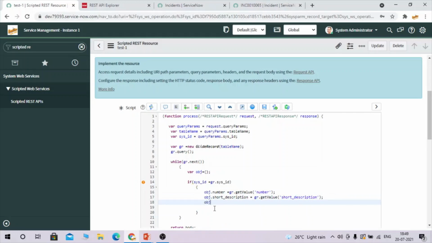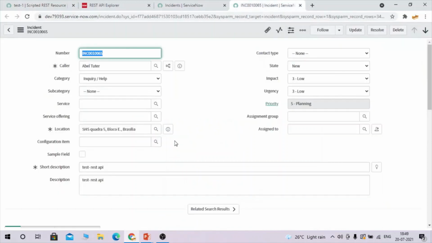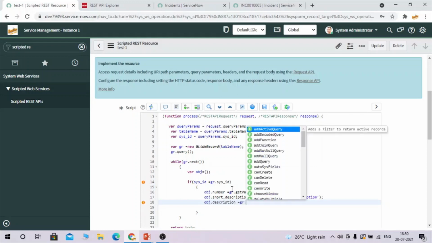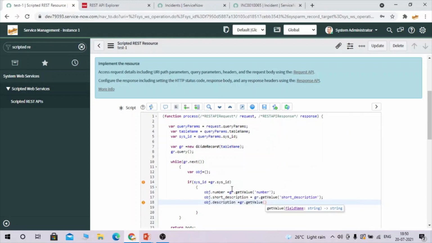Let me take something else. Okay, let's take description. Obj dot description equals to gr dot get value, need to pass description here.